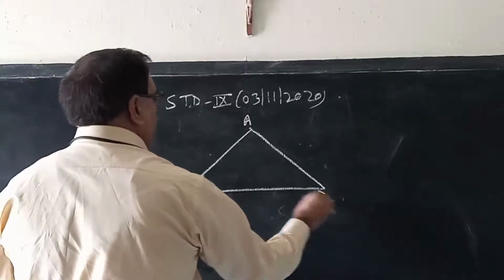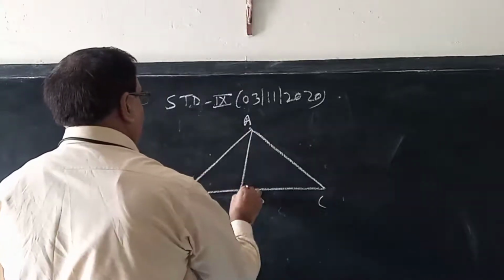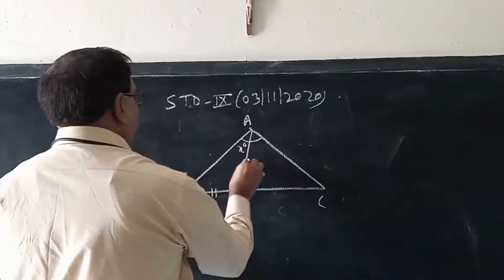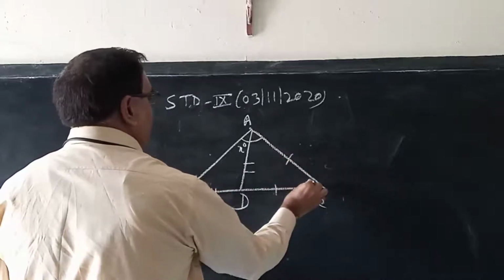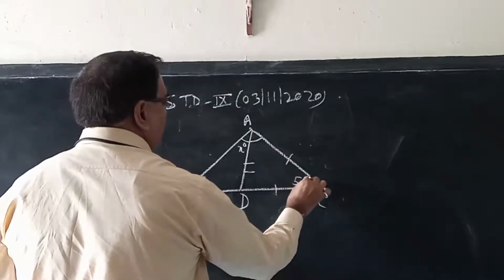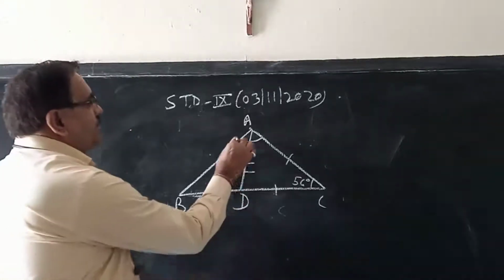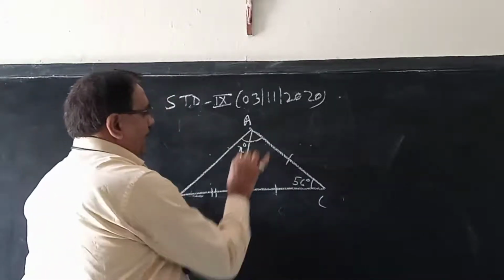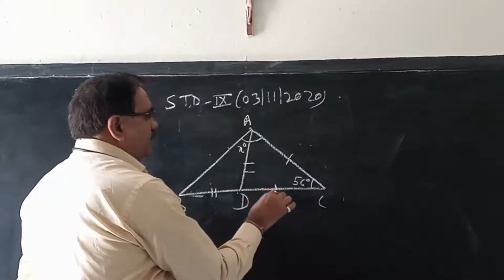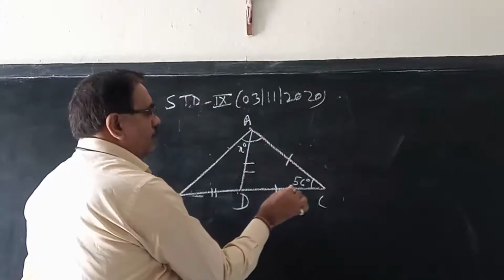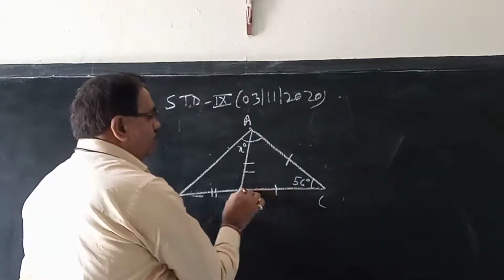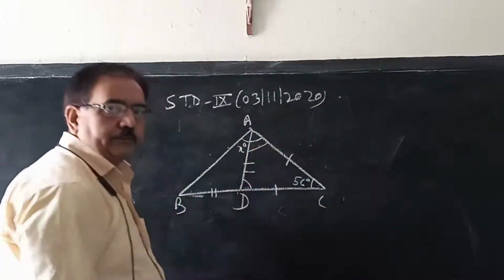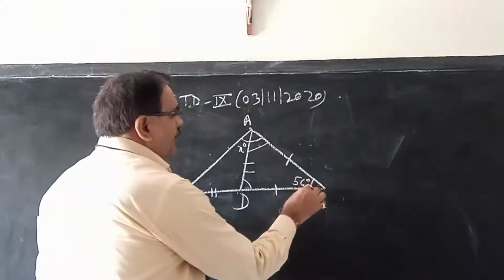A, B, C, D. The total angle is given as x. The single dashes mark equal sides. This is given as 56 degrees. So this angle, the total angle, is given as x, not this one, not this one. Now come to triangle ABC. The sides with single dashes are given as equal. So the angle opposite to DC is this one, and the angle opposite to AC is this one. These will also be equal. Right? So the angle is 56.